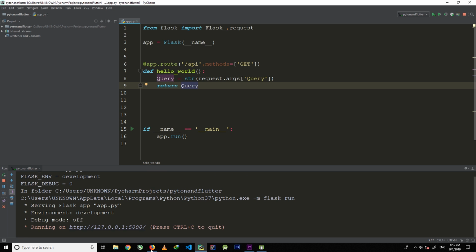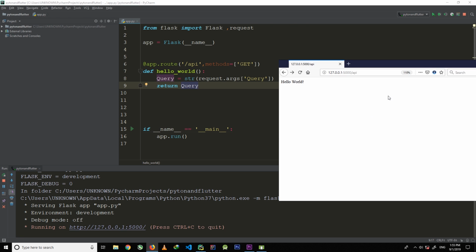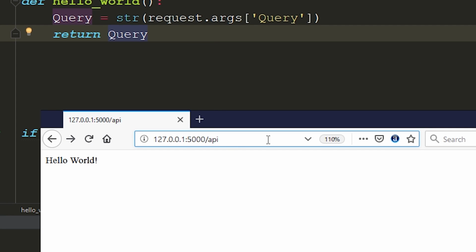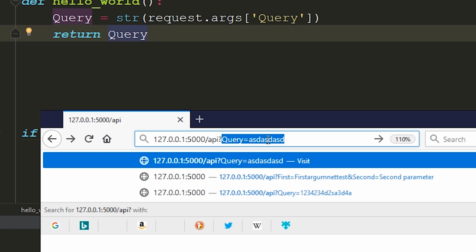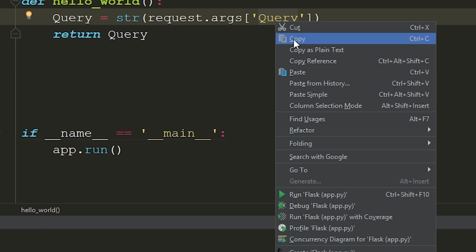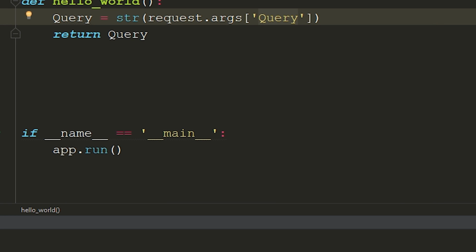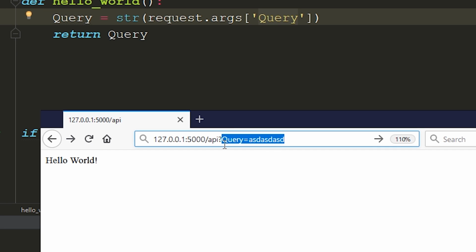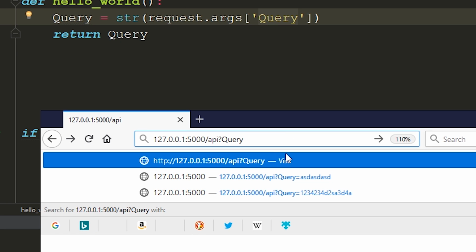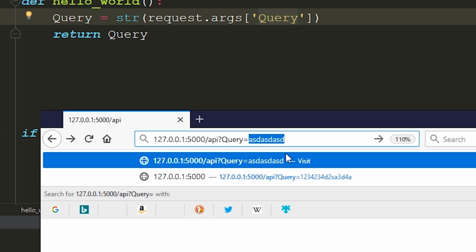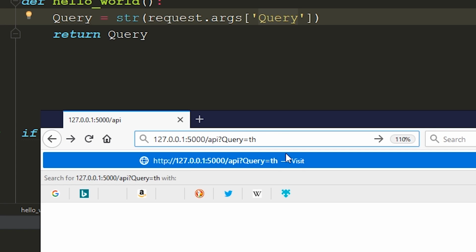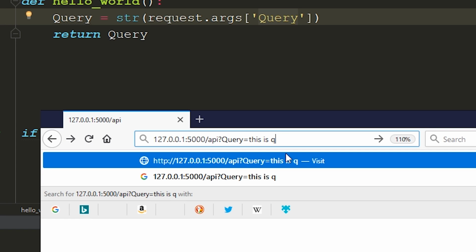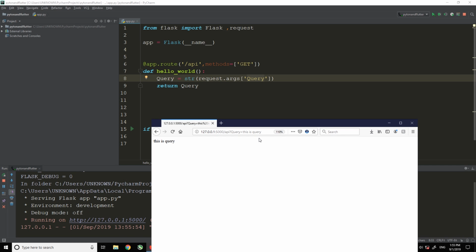Now rerun your app and open your browser, and after API you need a question mark and then you need to write here query. Now why are we writing query here? Because we used query in our function. You can write any name here, but I will be using query because I wrote query in my function. If you wanna change this name, then you will also need to change it in the function. Now you need to write an equal sign, and after the equal sign you need to type anything which you want to show on the screen. In this case I am writing here this is my query, and when I press enter